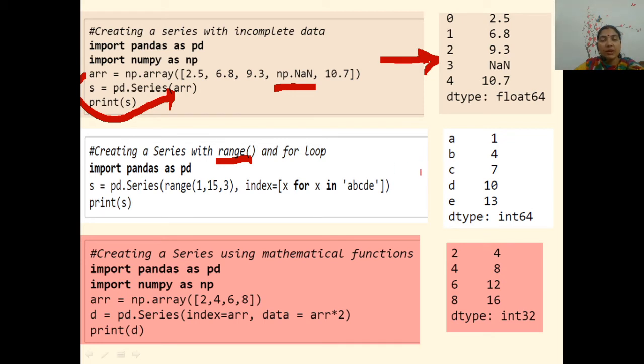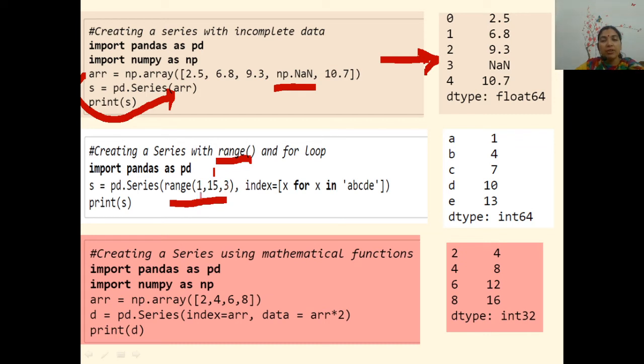All types of data can be utilized to be converted into series or pandas data structure. Here this range function, range 1 to 15, 3. It will create a set of numbers starting from 1 up to 15 excluding 15, with a step of 3.